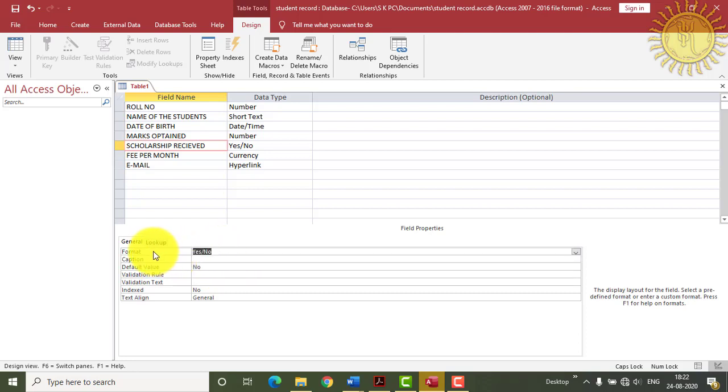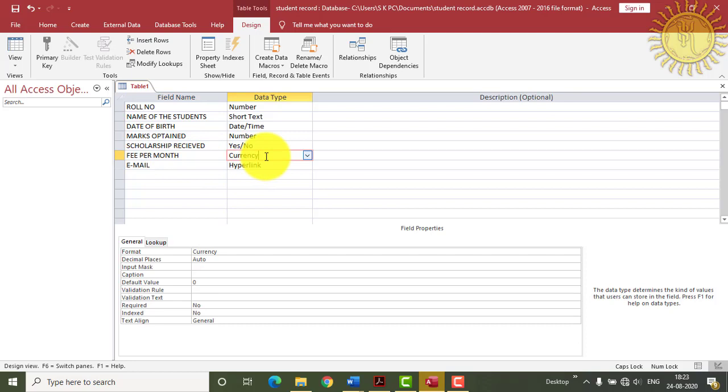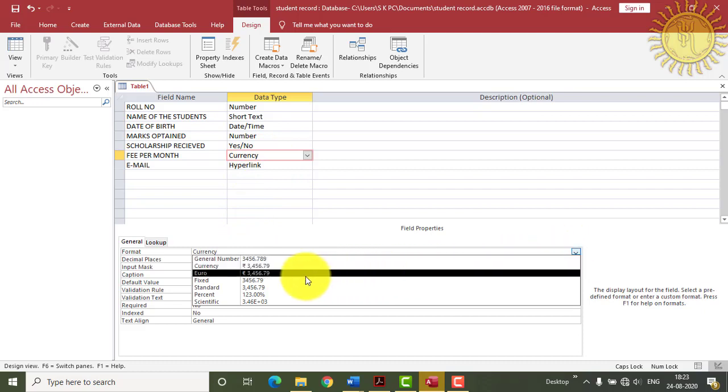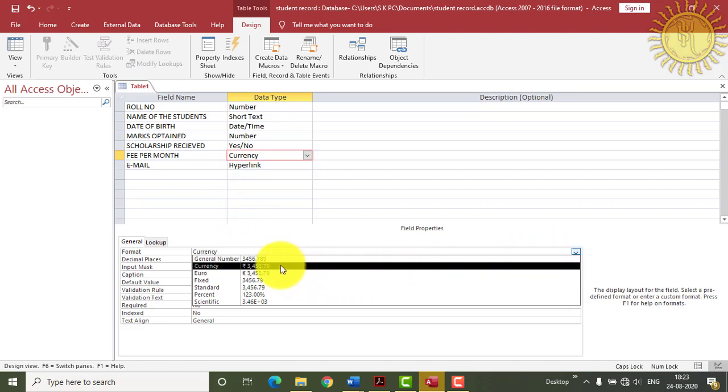Okay, so this format we have selected, yes or no. And in fee per month there is a currency data type. From here, what type of currency we want, we are using Indian currency, so we will select the currency in the form of rupees.